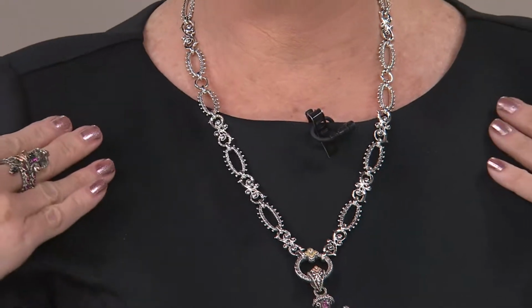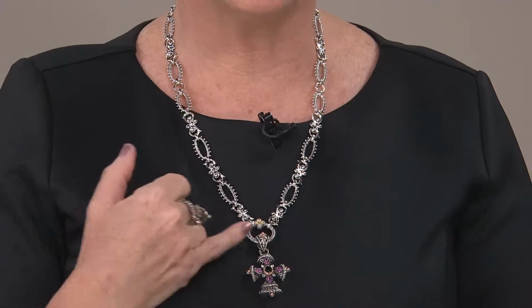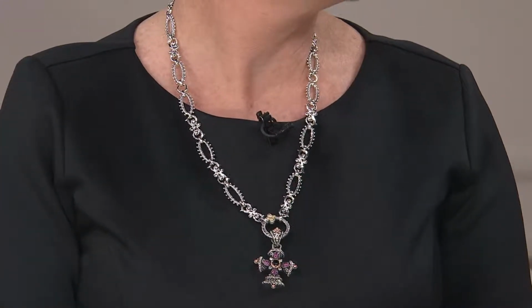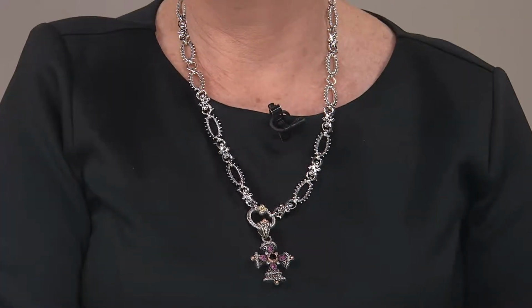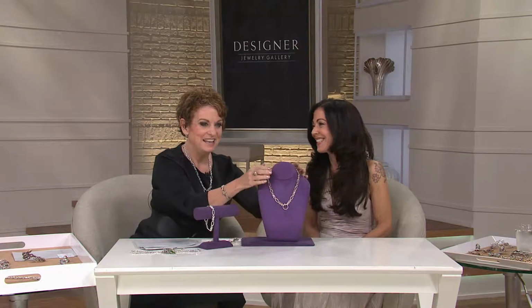Or add these necklaces to any of the things with the circle clasp that I've designed. So I was wearing that this afternoon with pearls attached, and then the whole thing wrapped. Just wrapped. And the looks you can create with this are infinite. So here it is. I remember being with you and introducing this concept the very first time, and now we